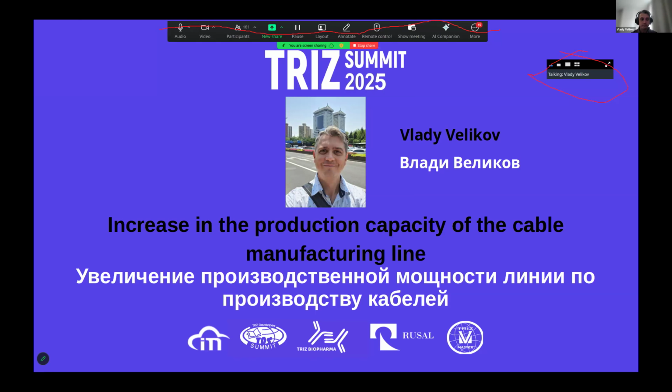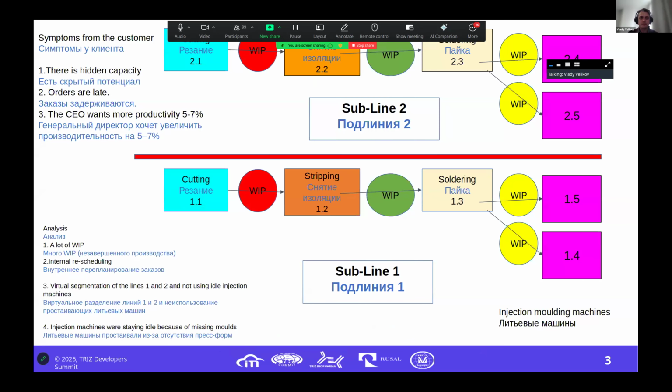Then I will tell you about this project. It was done 4 years later in the Festo factory in Sofia, Bulgaria. The factory has around 1,000 workers and is still working. The line manager with whom we did this project is now the general manager of Festo. I'm not sure if it's because of our project, maybe not. So I'm starting to present the situation.